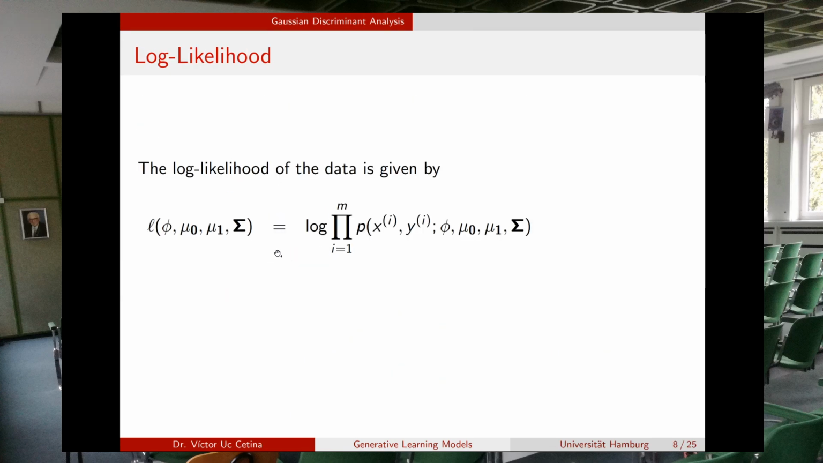So again, here we need to apply maximum likelihood. Specifically, we need to maximize the log likelihood. And as we saw before,